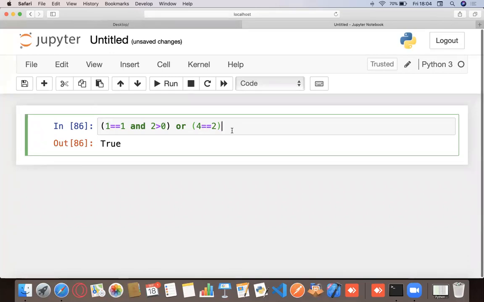The second thing that you need to keep in mind is that AND and OR are both binary operators. What are binary operators? They operate on two operands. Just like addition. For addition, you need two numbers, right? The same way. Okay.